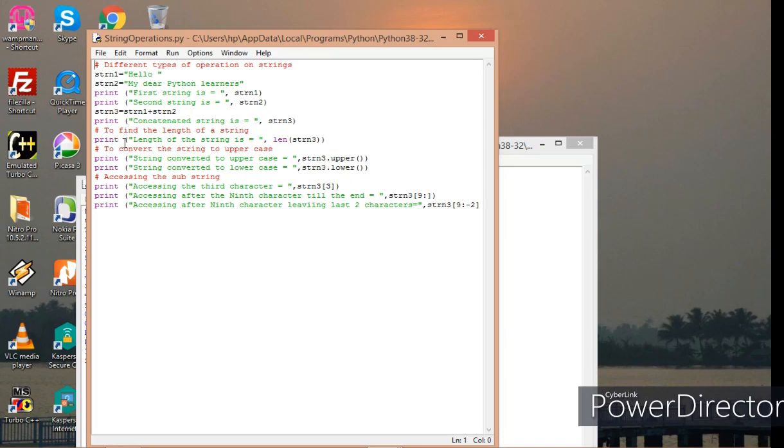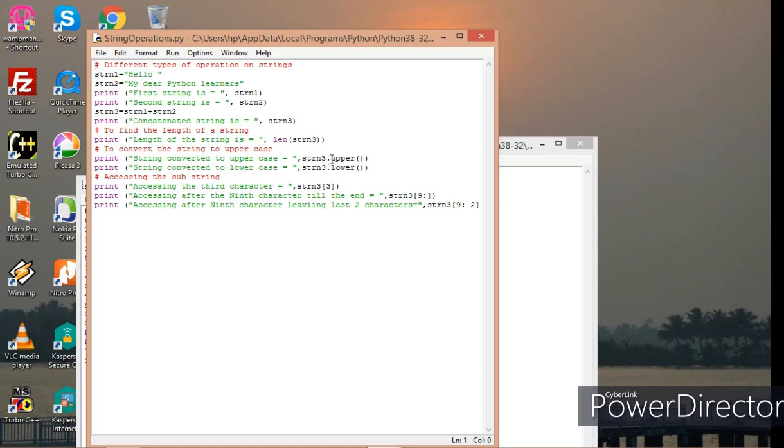Now I can also find the length of the string. To find the length of the string, I will use this function len, and I want to find the length of the resultant concatenated string, that is strn3. Now I can also convert a string to uppercase as well as lowercase. Here the string is converted to uppercase, for which I have to use the upper method.